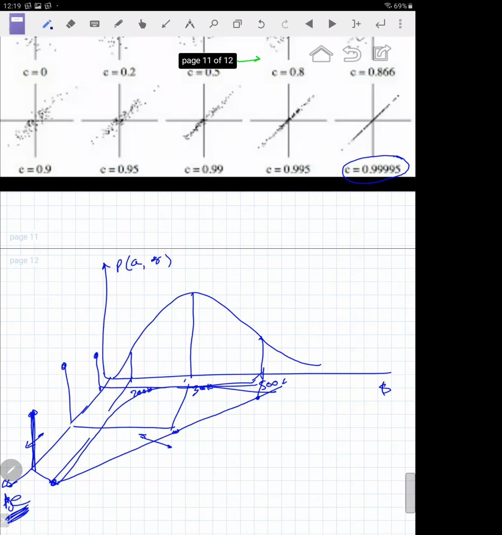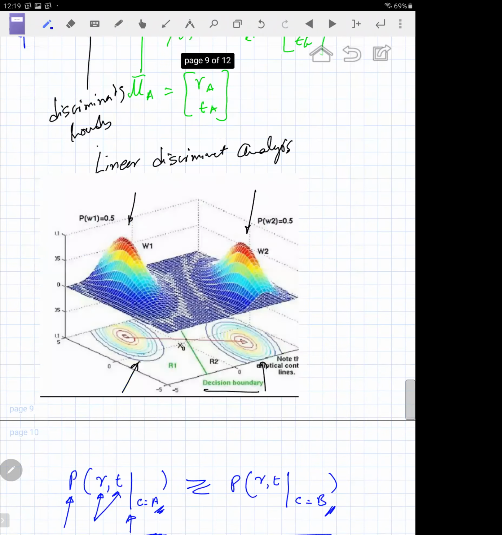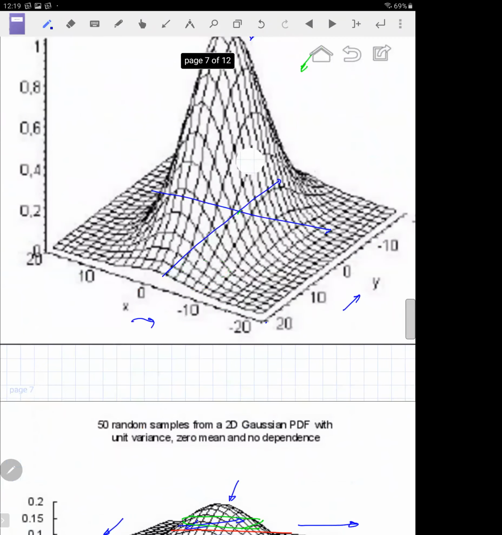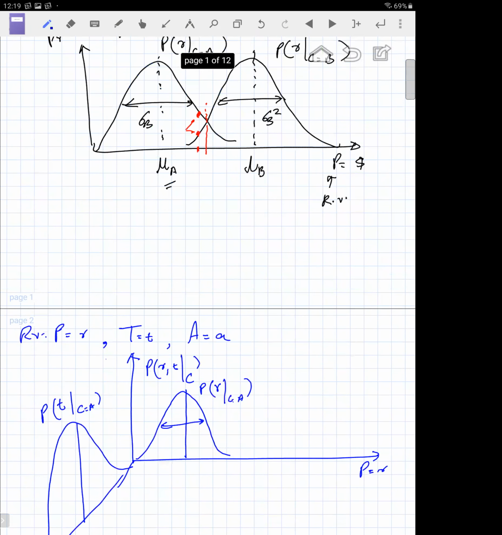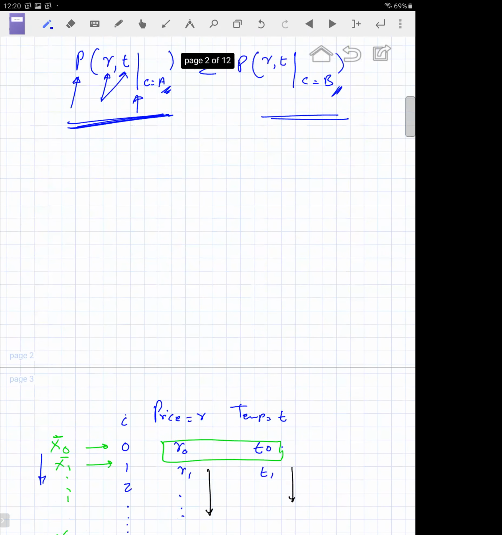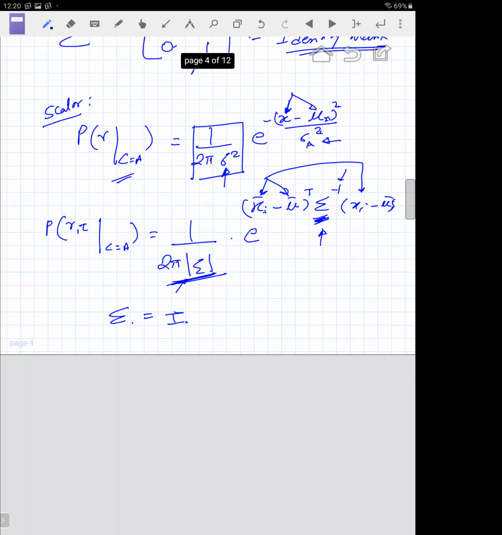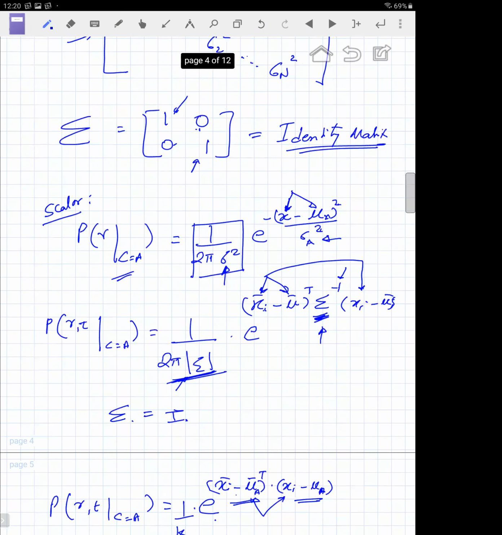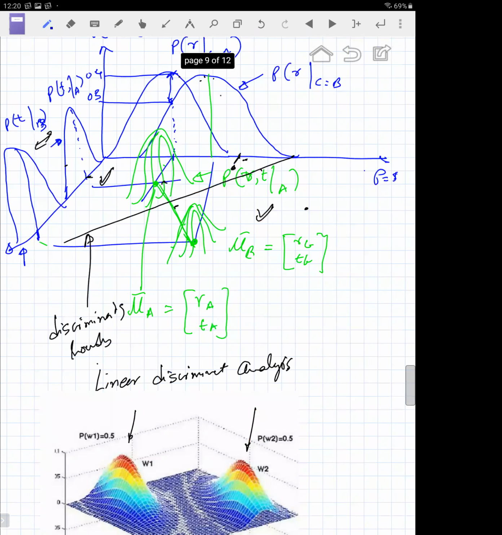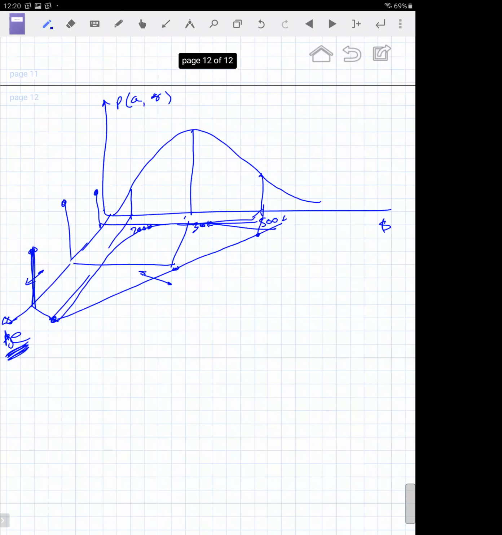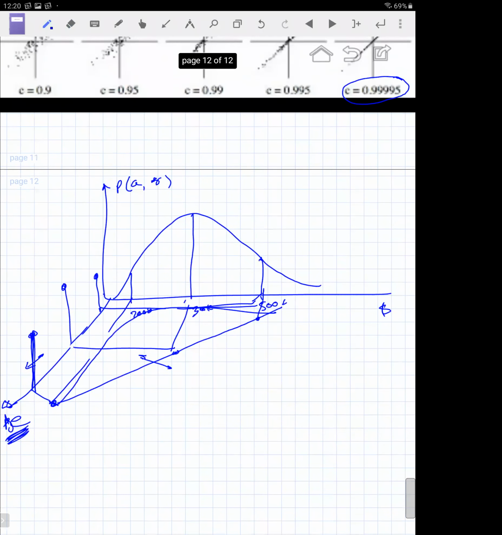What is this correlation? This is the correlation coefficient that we discussed very early on. Where is it? The value of rho being... okay, I think I lost it. But if you remember, we had earlier on the discussion where we said the value of rho could be -1 to 1.